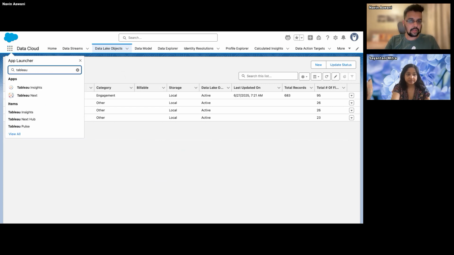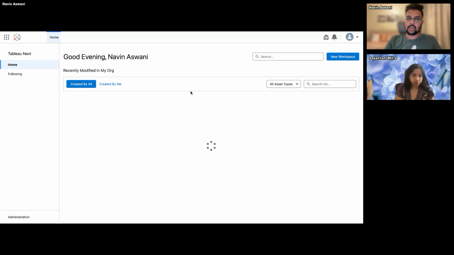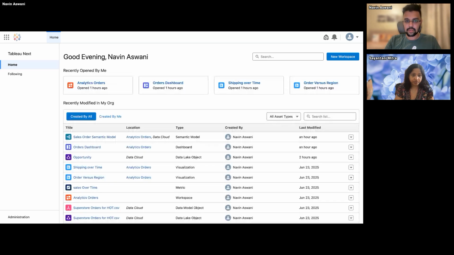So after doing all the setups, licensing, the profile setup, everything is done, and after that I'm able to see our Tableau Next over here via the app launcher. Let's click on this, and that would navigate you to the home screen of your Tableau Next. Now, just to give you a background, if you're from a CRM Analytics background, in that we usually have a concept called apps, and inside apps we have all our data sets, we have our dashboards, we have lenses, the ad hoc reports that we create.